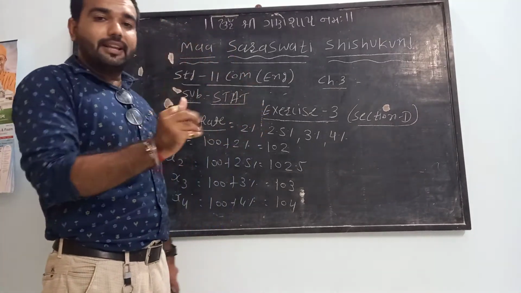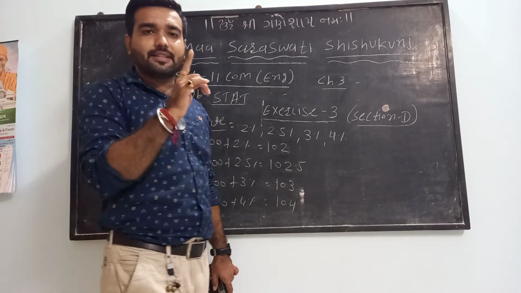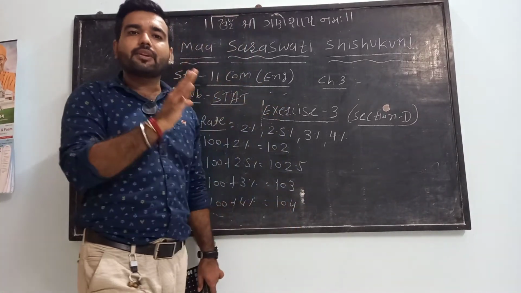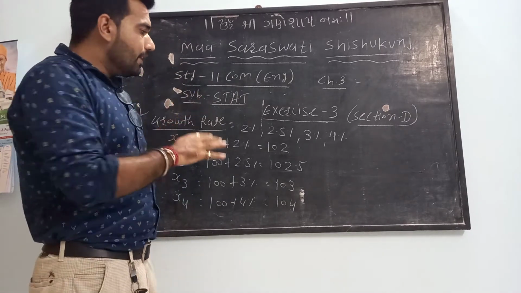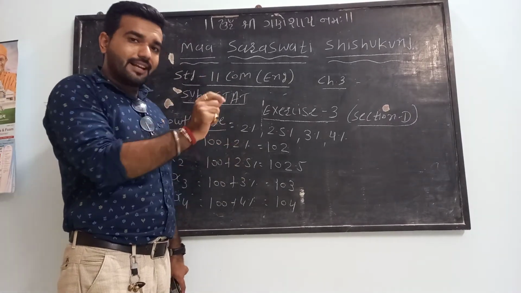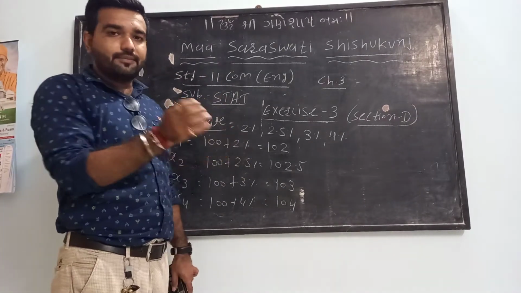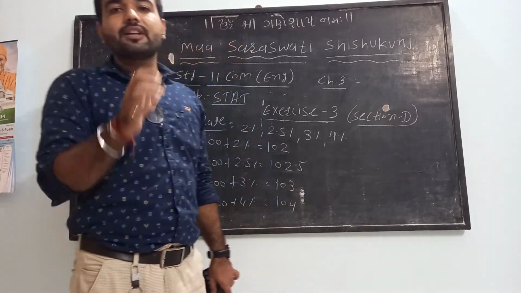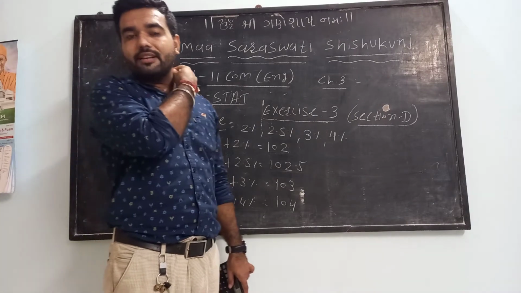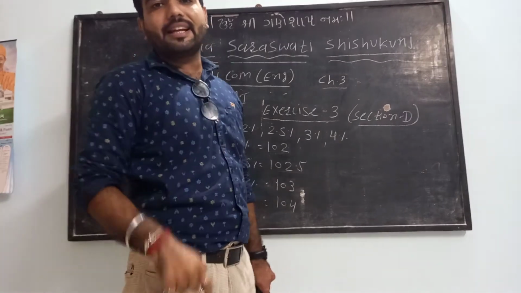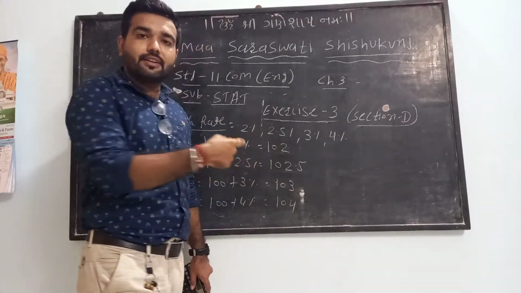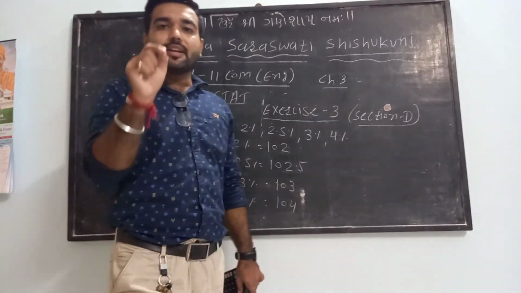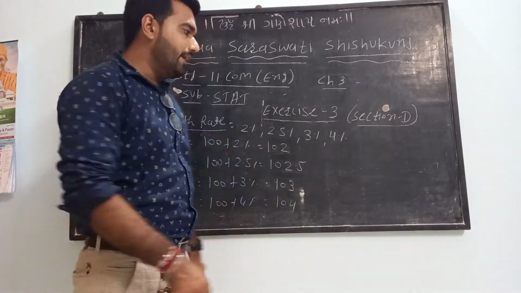Now using the appropriate method, we will find the average or the mean. In mean there are mainly 4 methods: first simple mean, second weighted mean, third combined mean, and fourth geometric mean. Weighted mean requires weights, and weights are not given, so we cannot use that formula. Combined mean needs more than one mean given, which is also not given, so we cannot use it. The remaining one is the geometric mean, so we use the geometric mean here.